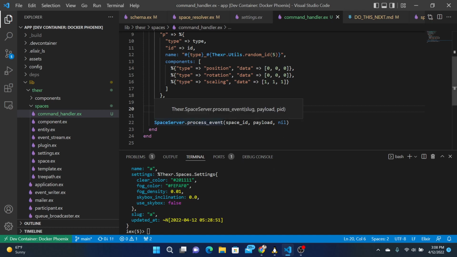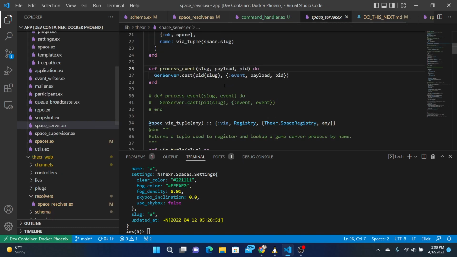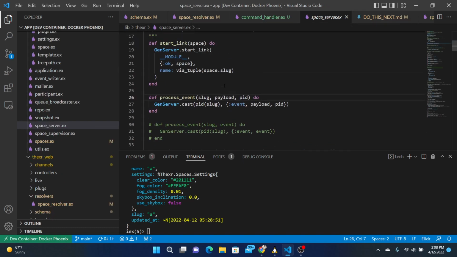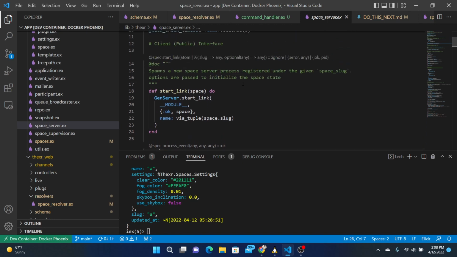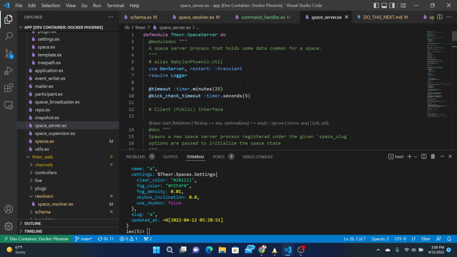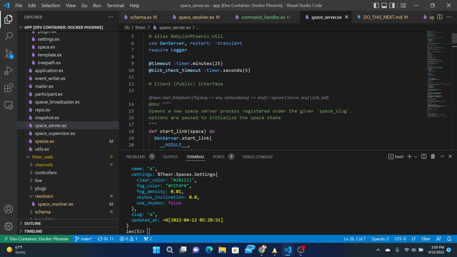So first of all, we would have to fix this thing. The process event currently takes a slug.